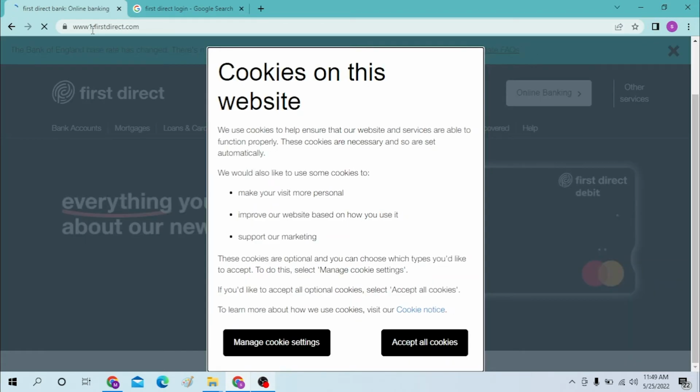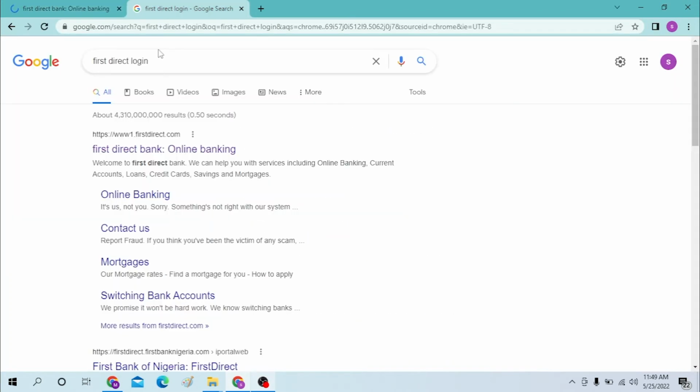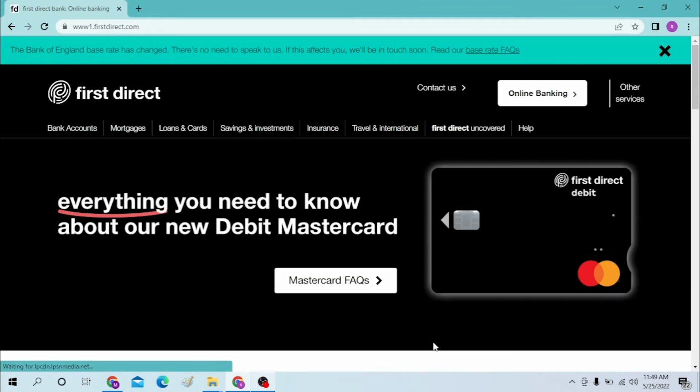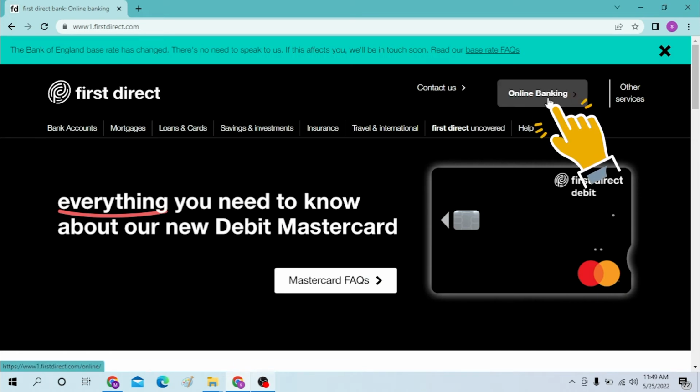You can see the website, it's www.onefirstdirect.com, as well as the same result in the Google search. Now let's accept all the cookies, and now to log in to your First Direct account, you can see the online banking option over here. Click over here,